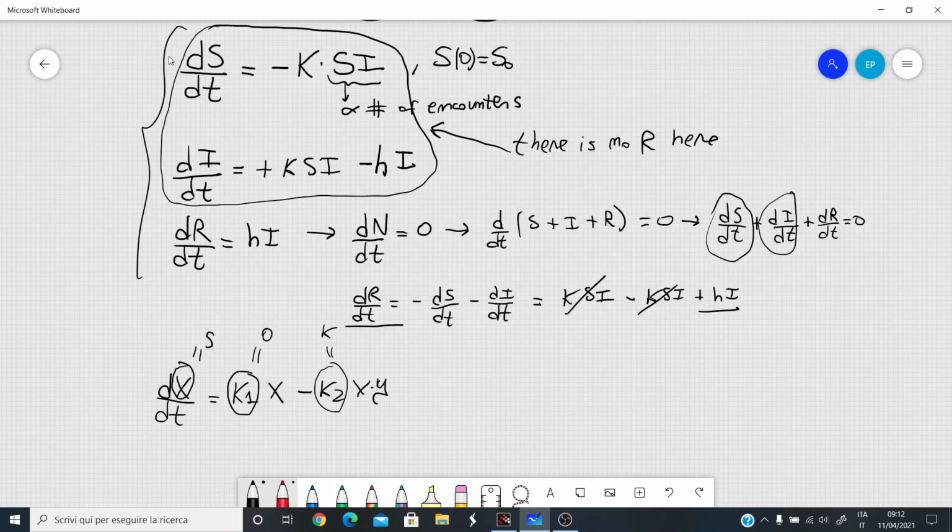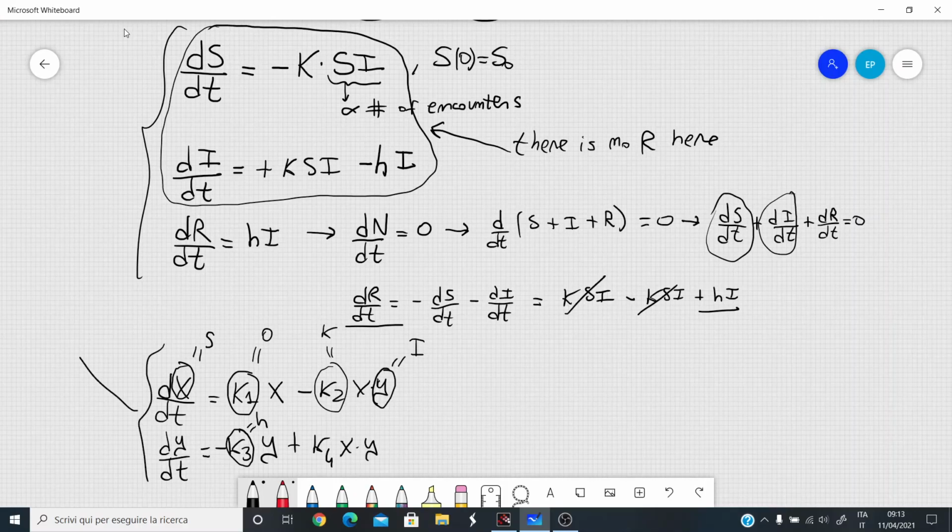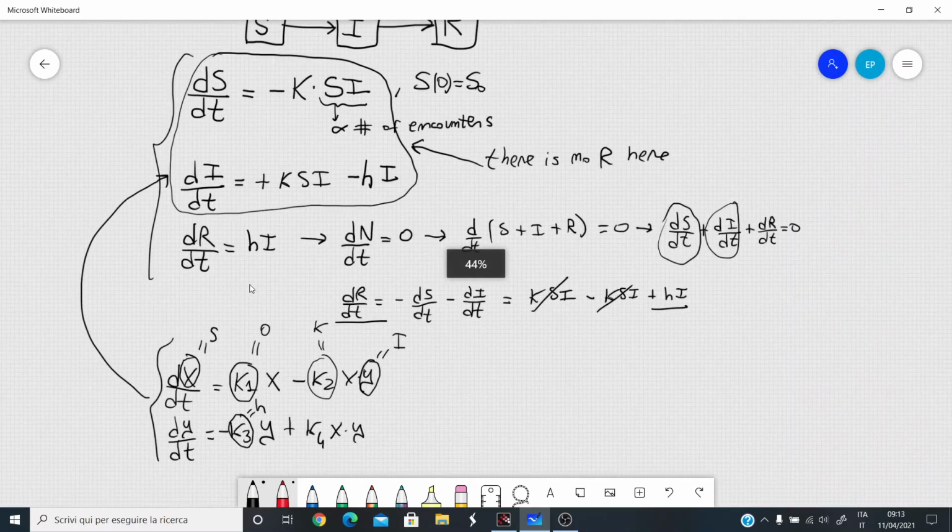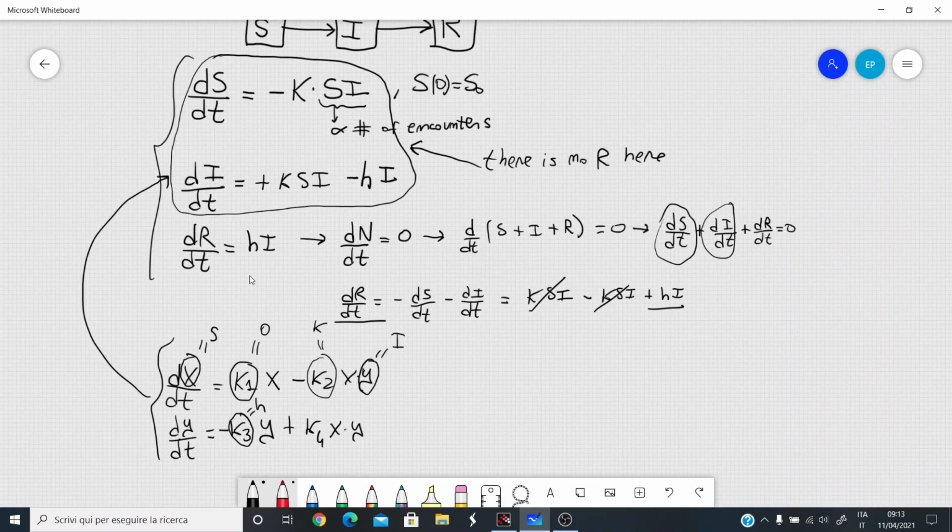S is equal to x, okay, and therefore here we find exactly that equation if we also set y equal to I. And then I have dy over dt, which is dI over dt, equal to some constant k3 with a minus sign y, and in this case k3 will be equal to lowercase h here. And then I have plus k4, which is equal to k times x y, which is exactly our model above. Okay, so we can use what we already know from the prey-predator model in order to model the behavior of susceptible and infectious people. Before using Scilab, which is quite straightforward in this case because I simply have to use the same model that we used for the prey-predator model, the pure prey-predator model,